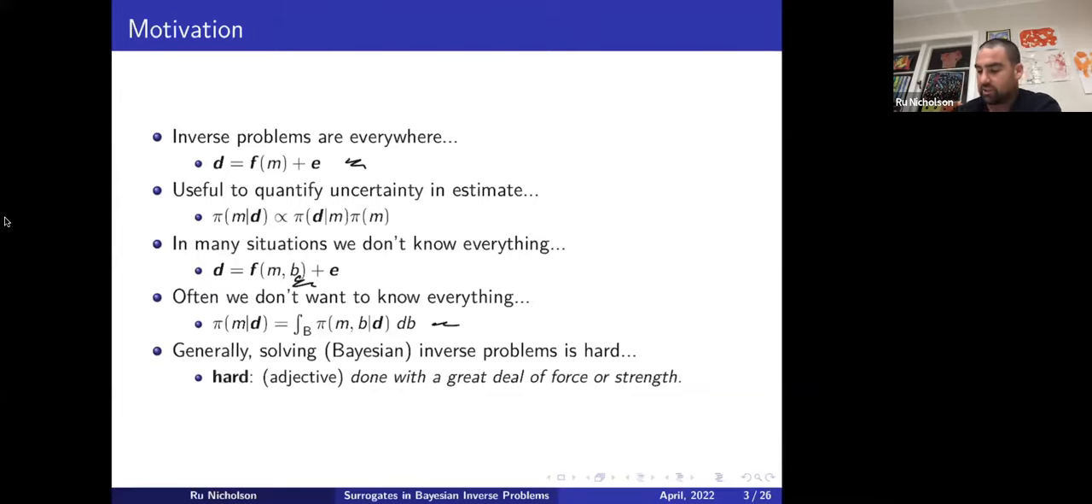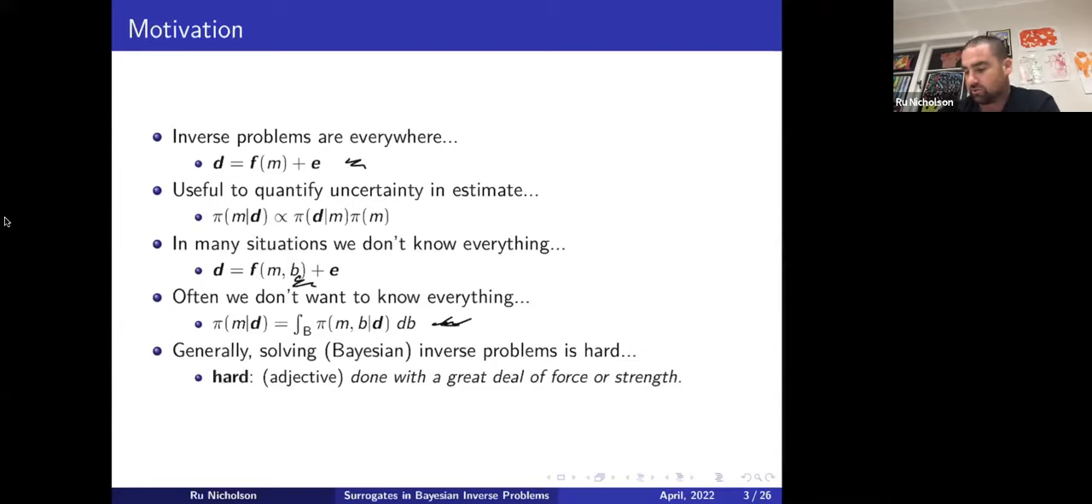So we don't even really care about those parameters. All we're interested in are those parameters of primary interest, I guess, which are going to be denoted by M throughout this talk. So if we were going to do everything perfectly, what we would want to get is the marginal posterior, right? This thing here, but